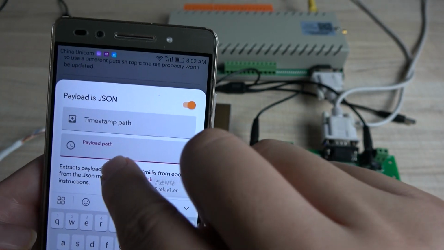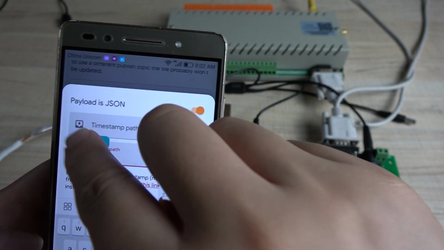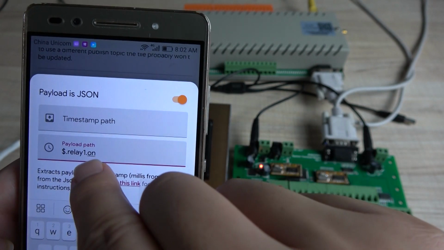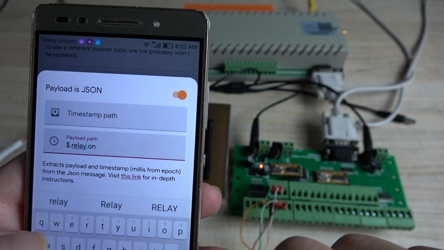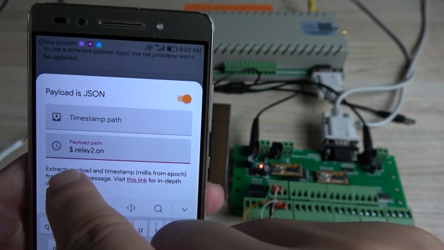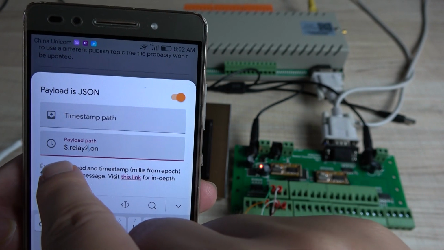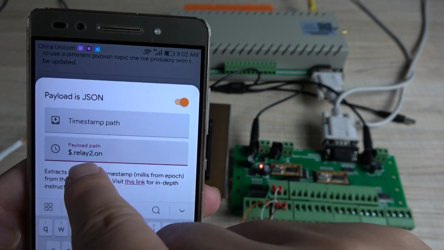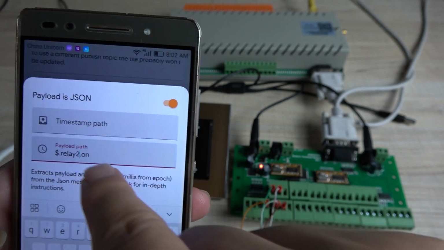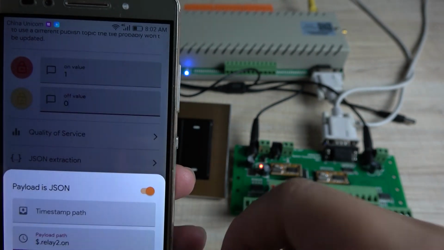JSON path paste. $.relay1.on, I change to relay2. Every time at the first use the dollar and dot and the relay and the channel and the dot on. So we can press down,